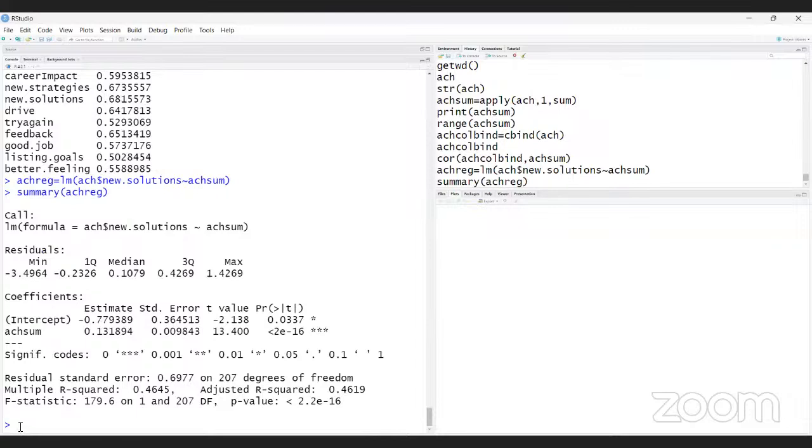Now we can write down plot, bracket H dollar new solution, comma, H sum.